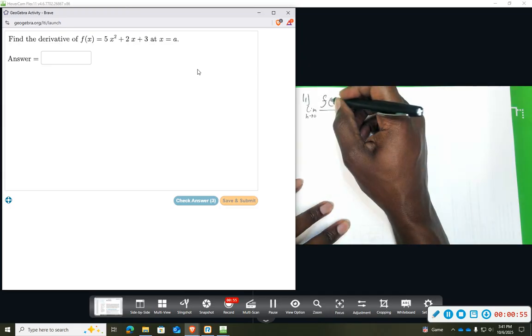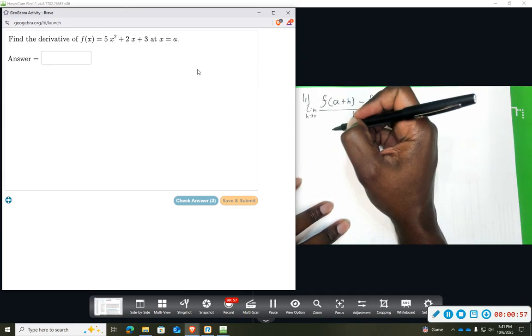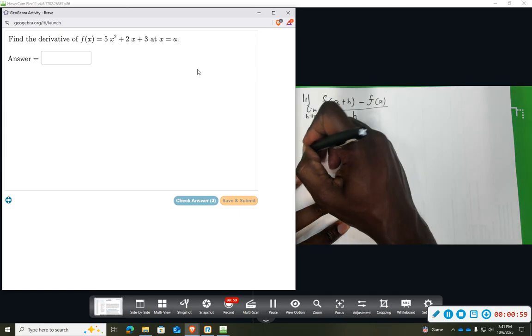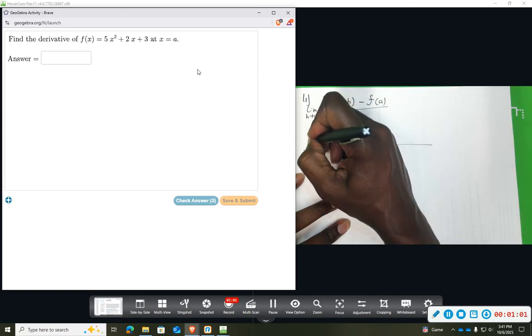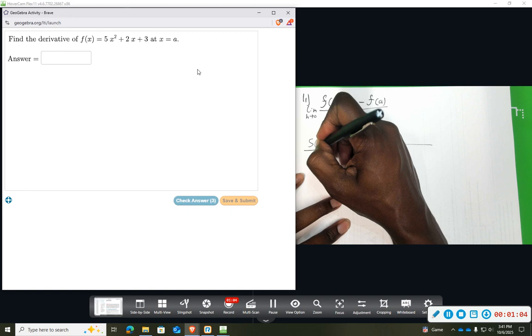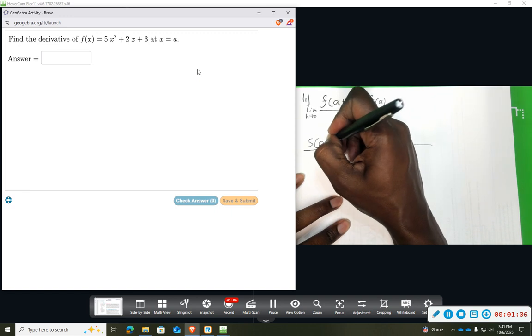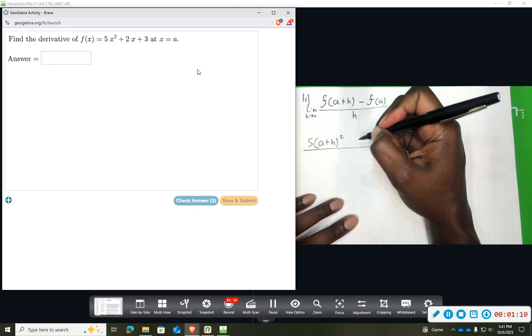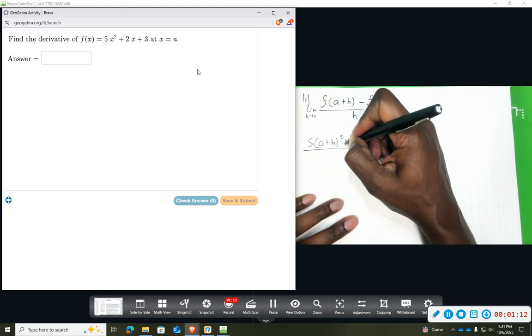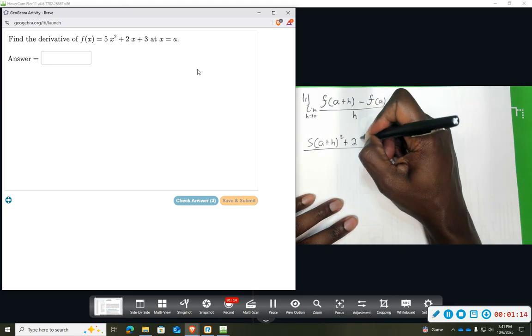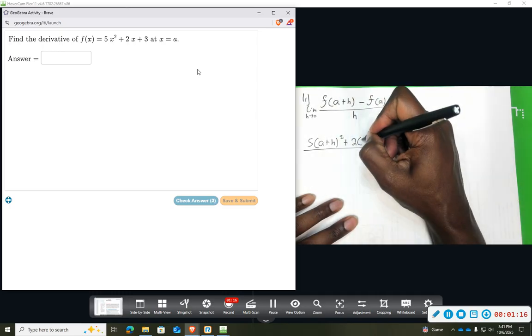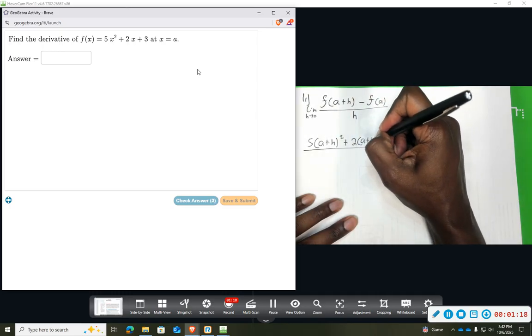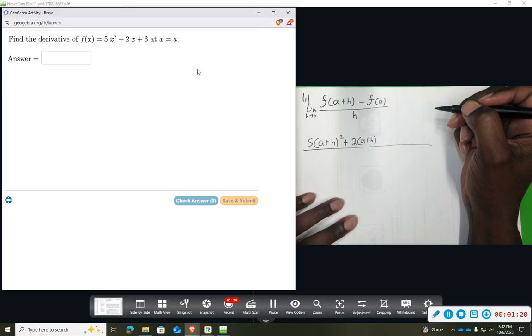So f of x plus h, I'm going to use my 5x squared, so 5 instead of x squared is going to be a plus h squared, and then plus 2, and then in place of x we're doing a plus h,